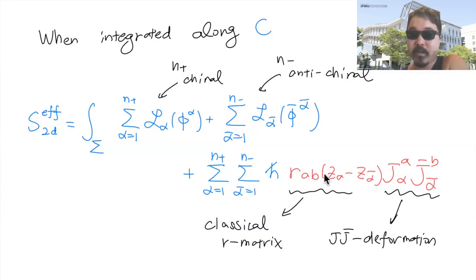And this depends on the difference between the coordinates. So each of these defects is located at a point in the spectral curve, and that appears as a parameter, like a coupling constant of the theory. So the coupling constant, which is the parameter of the effective two-dimensional theory, is geometrized into the coordinates. Okay, so this part is not new. I just said what was known before.